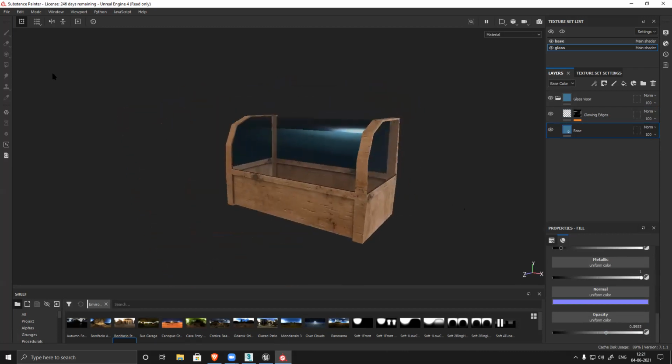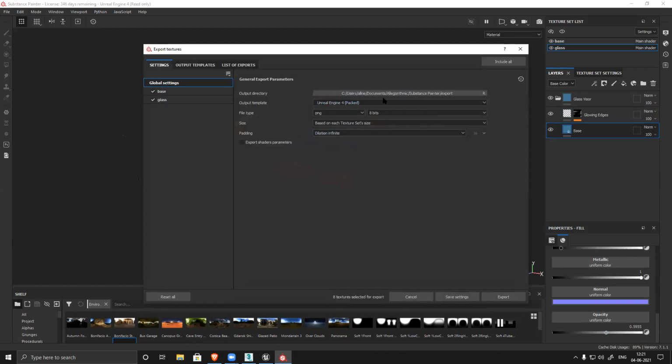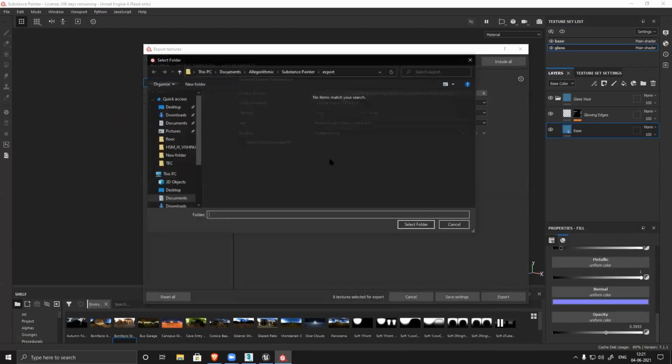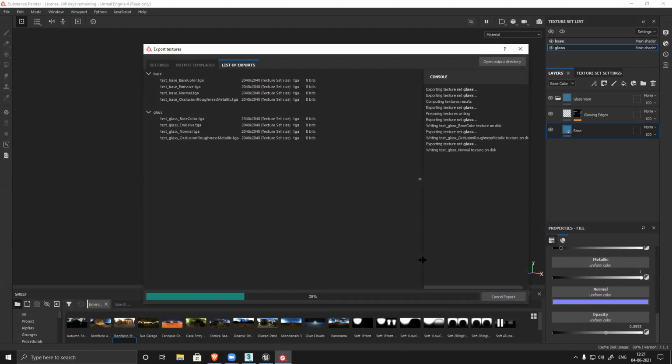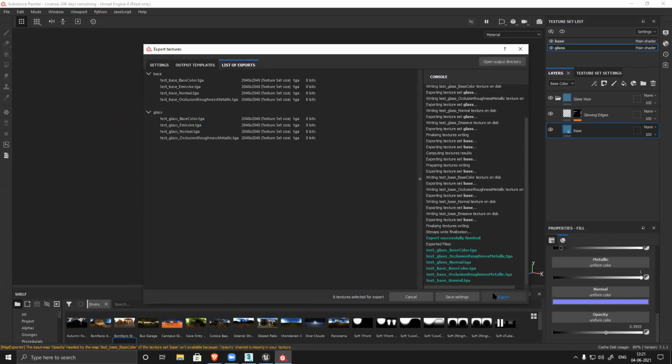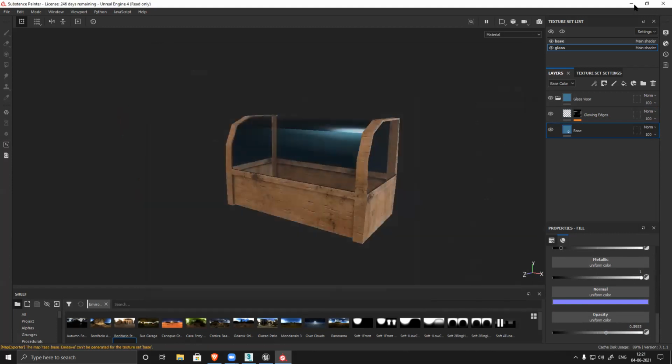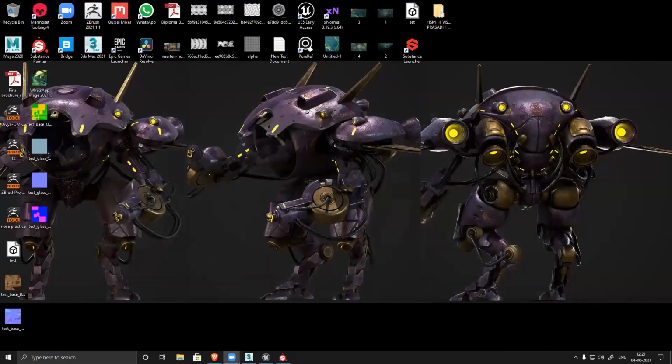I created this thing. Now I'll export the texture. So I'll use Unreal 4 pack, both the textures. I'll use Targa and my file size. So I'm going to export this into desktop only. I haven't done anything fancy, just created the 2 textures. That's it. So my textures are here. So I'll select all of them, all 6 of the textures.